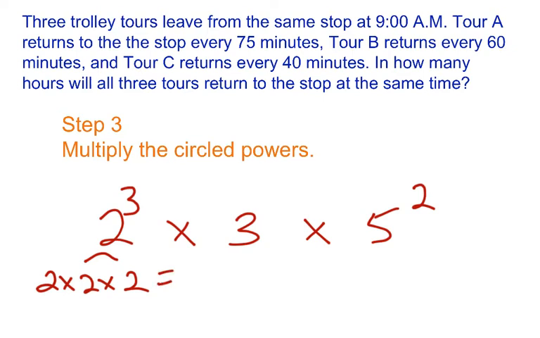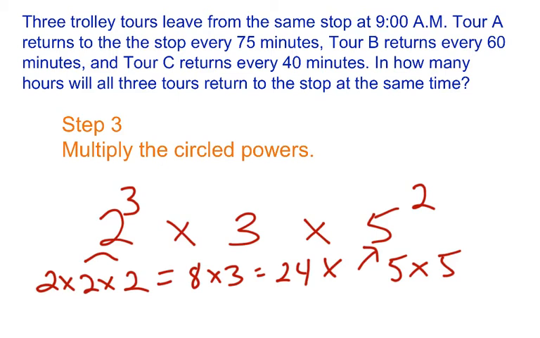2 times 2 is 4. 4 times 2 is 8. And so then you have 8 times 3. 8 times 3 is 24, which you're going to multiply by 5 squared, or 5 times 5. 5 times 5 is 25, and 25